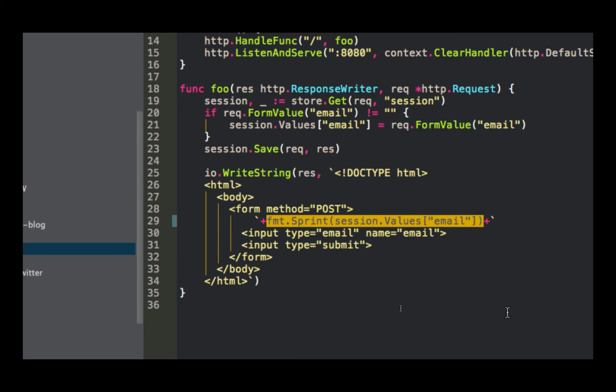So in my session, that Get gave me a pointer to a session, and I stored that in a variable session. It's a struct, and it has the field Values, which is a map. So at this key, give me that value, right? And then string print it, turn it into a string.